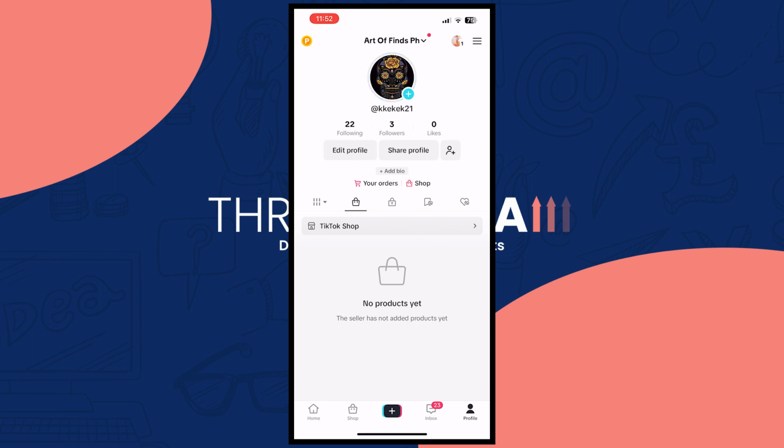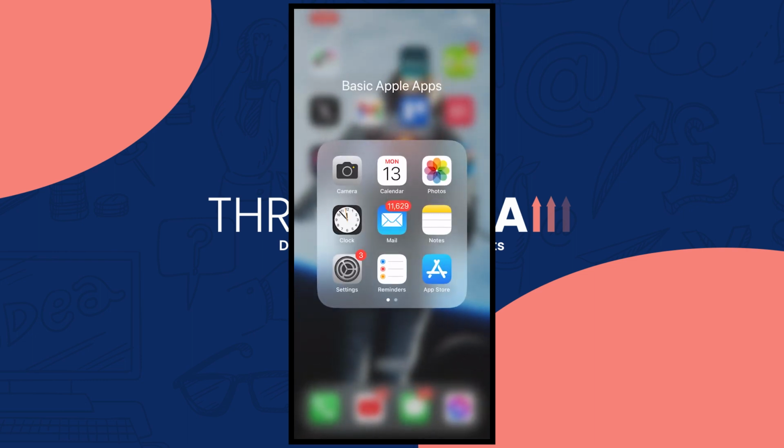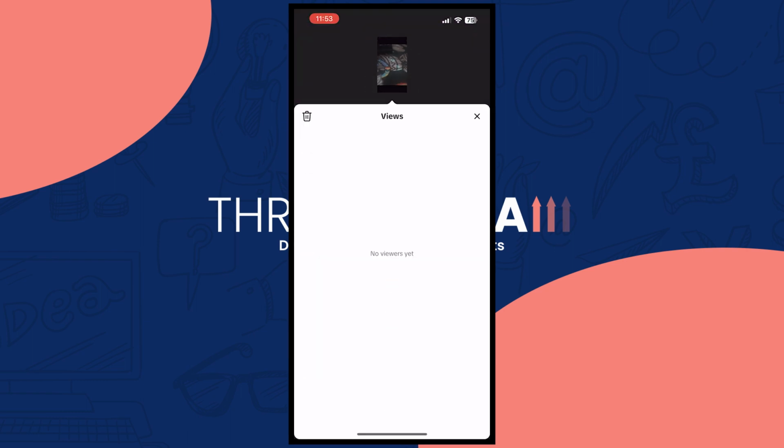And now what I have to do is tap on my story right here. As you can see, it is right here, but you cannot see any delete button or any other options. Your only option is to swipe from the bottom right here upward. Oops, let me try again. So you want to swipe upward right there to see the views that you have here on your TikTok story,